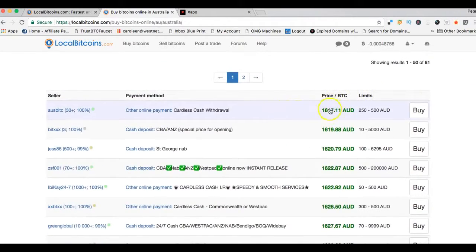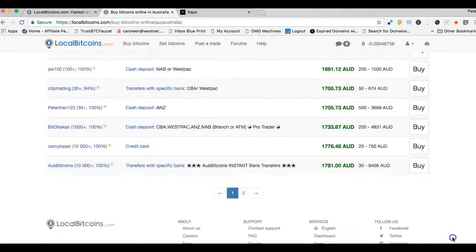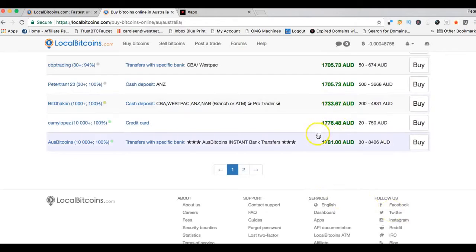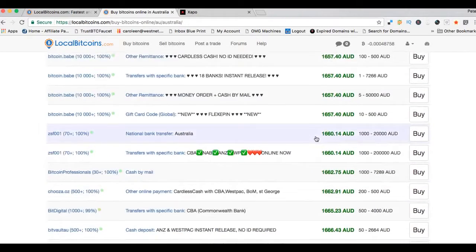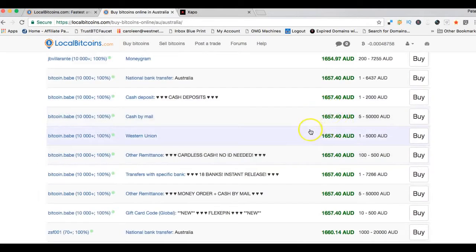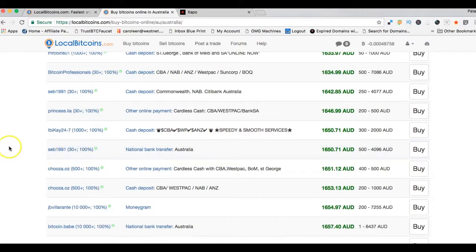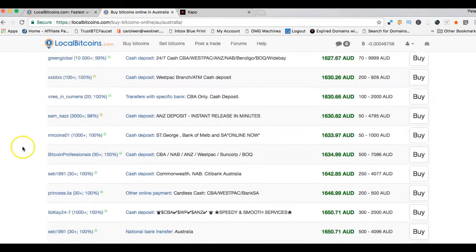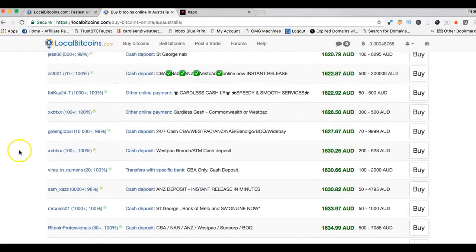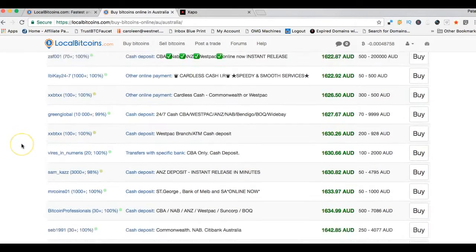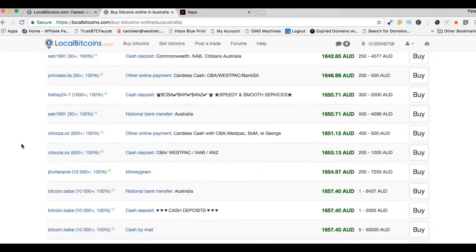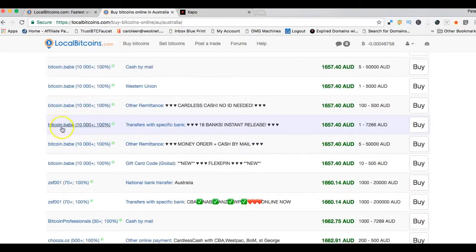The sellers are listed by price. This seller's 16.17 Australian dollars for a Bitcoin, and as you scroll down, the prices go up. Anyway, they're all fairly close together, and I usually don't worry about the price that much. I usually worry about, basically, is the seller experienced? Is the seller someone I can trust? Is the seller someone I have dealt with before? And I look through, I've dealt with this particular seller several times,